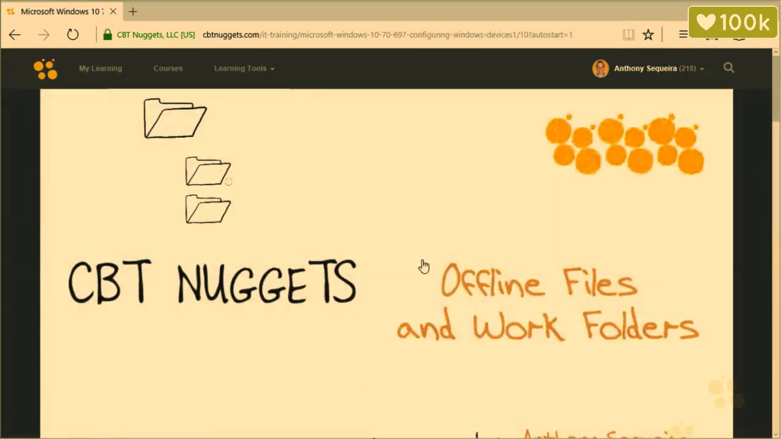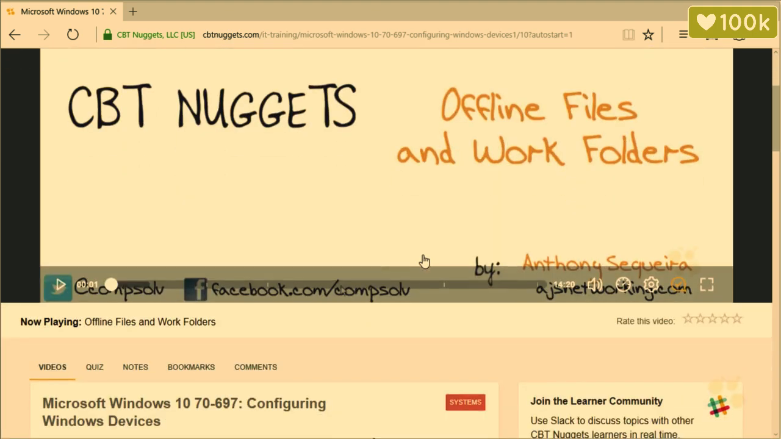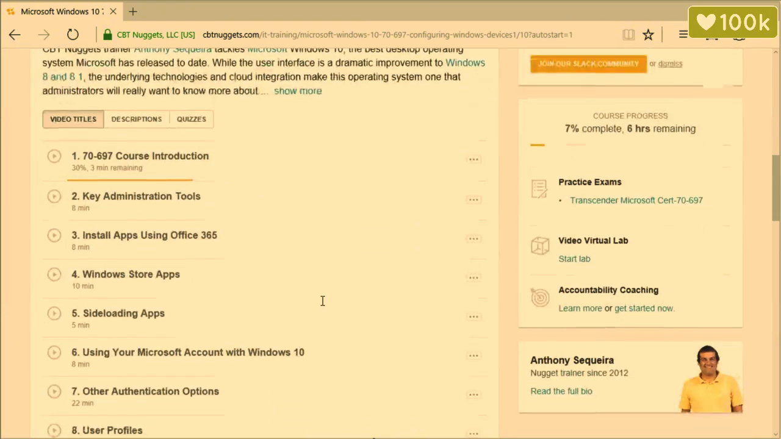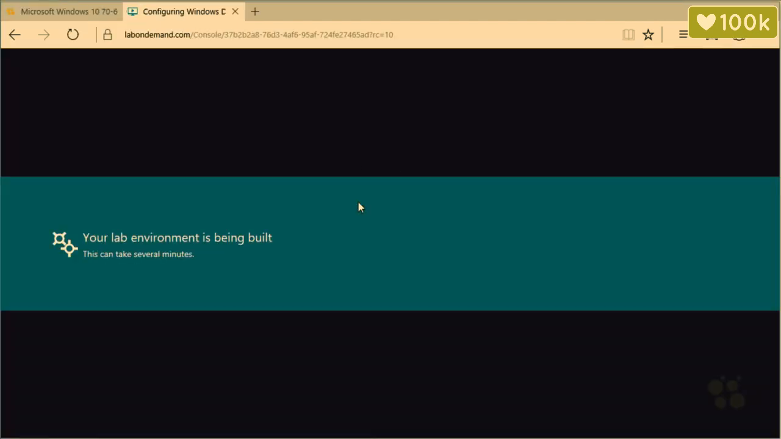Now, something that's super exciting about our Windows Server 2016 Identity course here is that most of the nuggets will feature nugget-based hands-on labs. In our Windows 10 course here, for instance, I've gone to the Offline Files and Work Folders nugget, and sure enough, right over here you can see there is a video virtual lab, and you're just going to click the Start Lab button